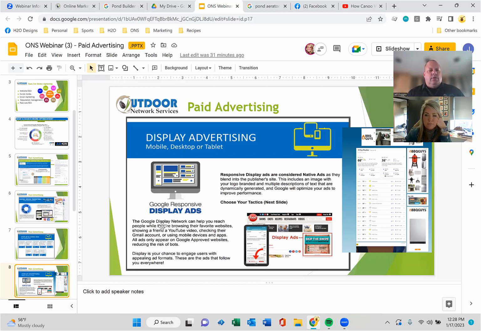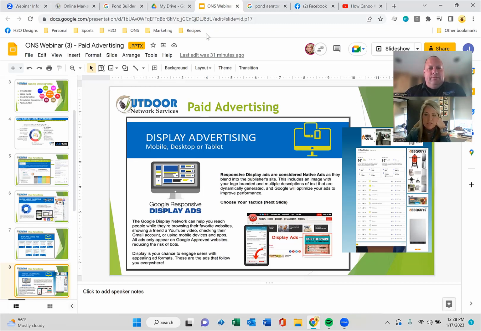Okay. So this was one of my learning curves as well. When we started looking at my first reporting, I'm like, oh my God, this isn't working at all. But understanding that a 3 or 5% click-through rate doesn't sound good when you say it, but it's relative to what the industry standard is. So you have to take that into consideration too, and not panic like I did and call you and say, this isn't working. Right.